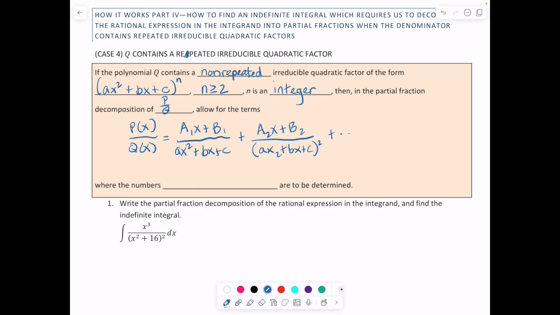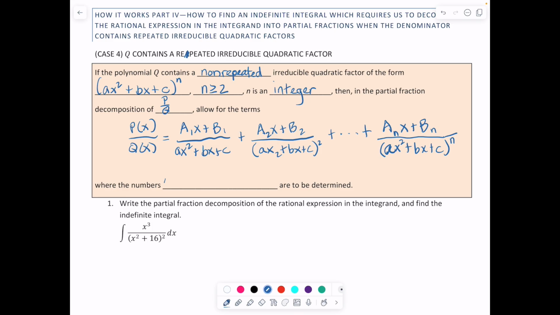And you'd keep going until you represented every power of that irreducible quadratic. So you'd have capital A sub n times x plus bn all over ax squared plus bx plus c to the n,